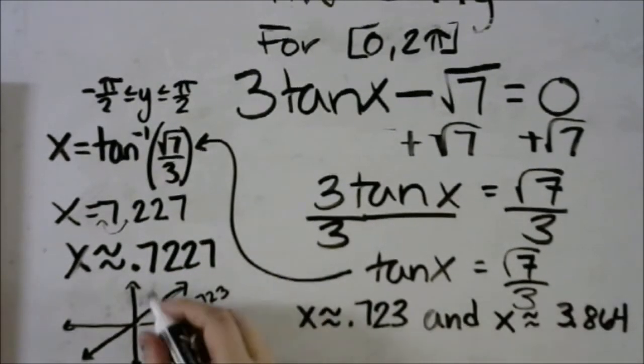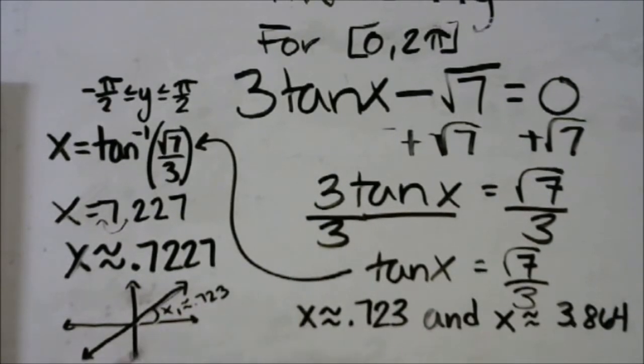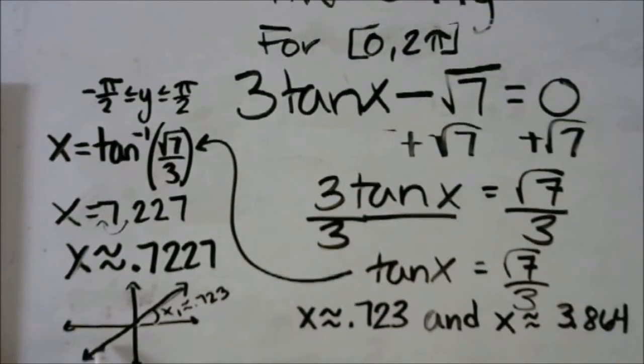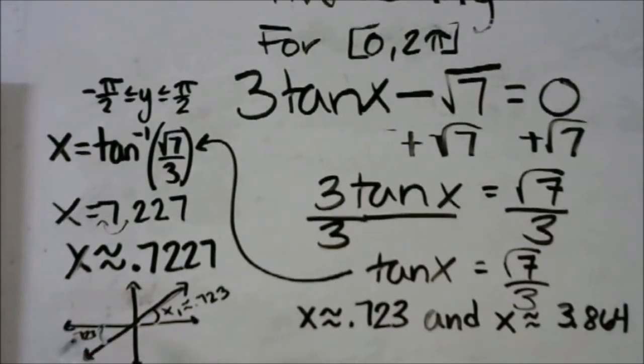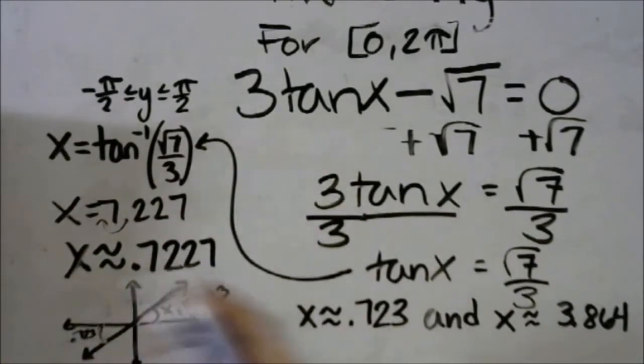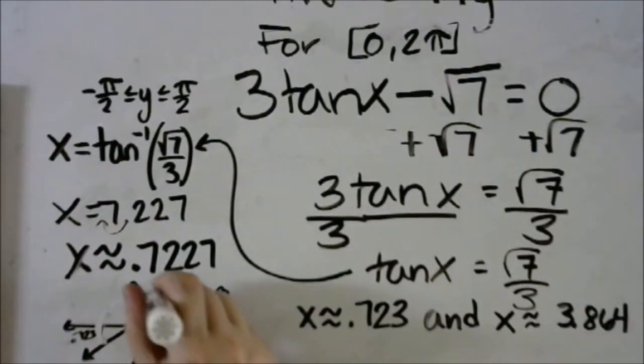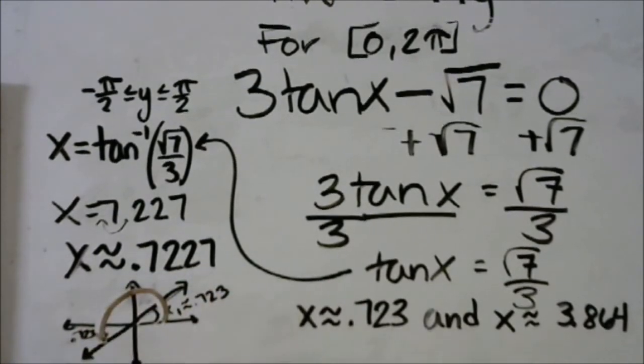So considering x as my reference angle, remember that a reference angle is the angle measured to the nearest x-axis. I can calculate this angle over here. The nearest x-axis is here. If this is 0.723, then x2, the angle measured from 0 to this location, is pi